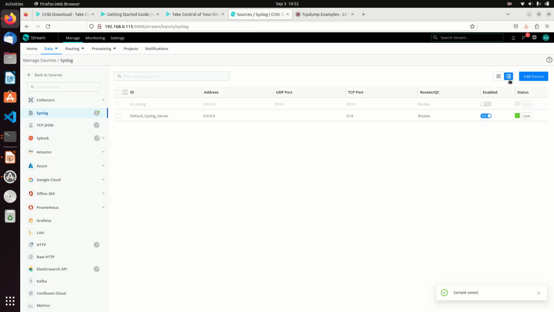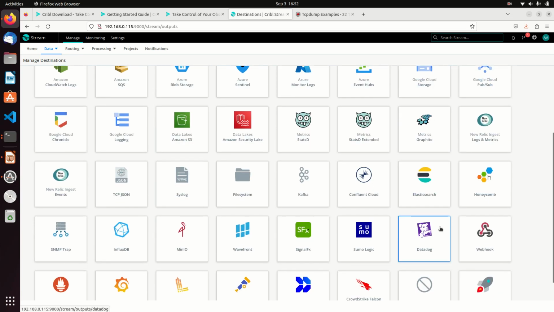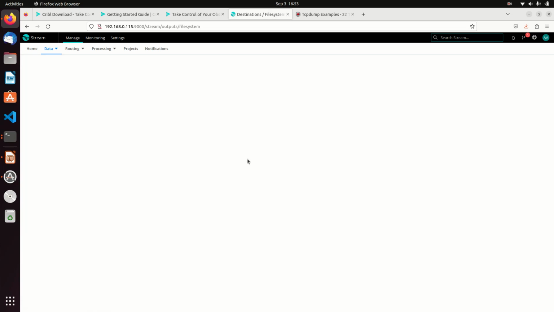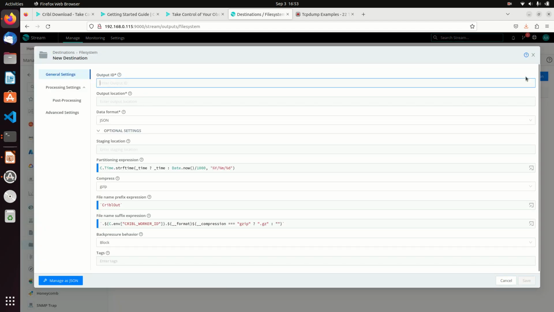Now if I close that, we've got our data coming in, we've got a source, and we need a destination. So the destination is going to be a file. So I'm going to go to File System. I could set it off to a Syslog server if I wanted to, but I'm going to send it to a file system. And I'm going to add a destination, output ID, and we're going to call this YouTube Syslog